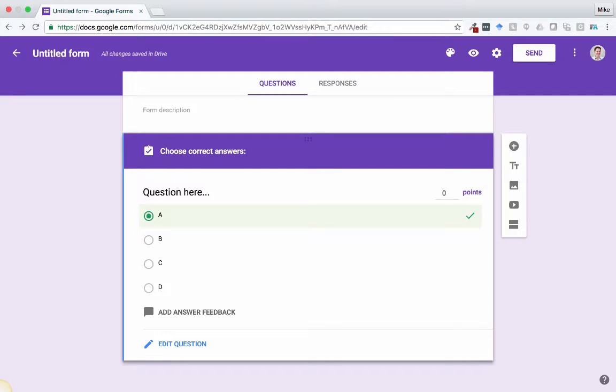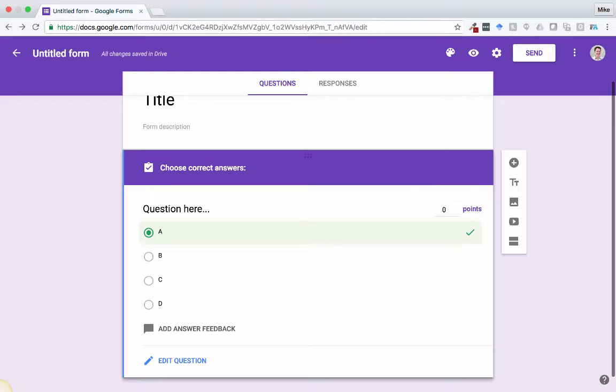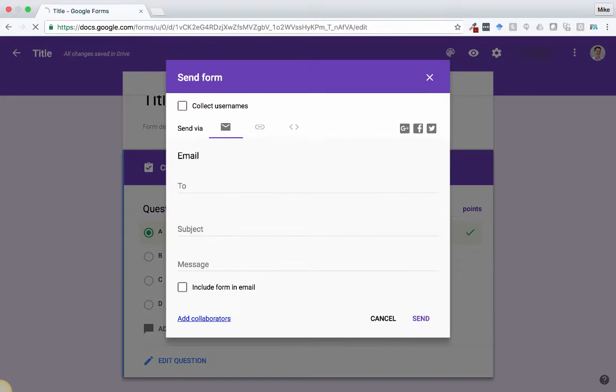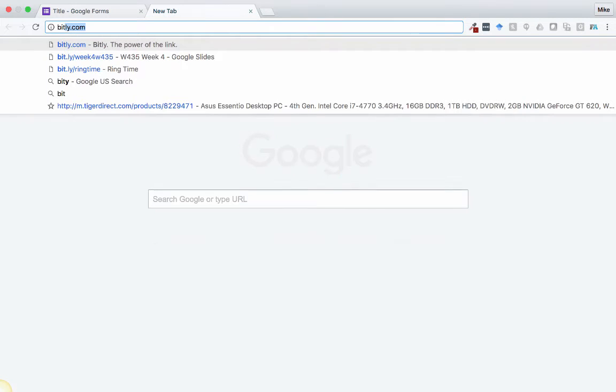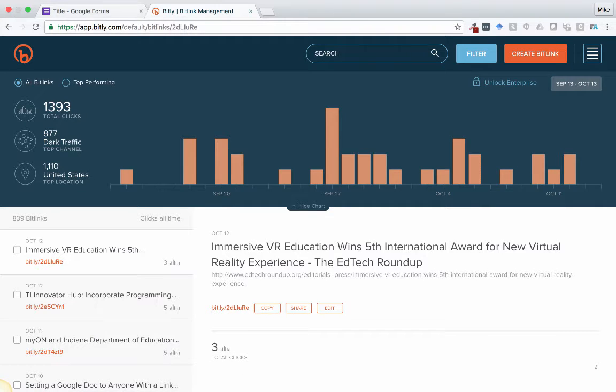After you've got everything built here, then you would want to give your form a title if you haven't already, and then hit send at the top right. And it will give you a link, which you can then use, a QR code might be the easiest way, or if you hit shorten URL, it'll give you a shorter link. But you can also use sites like Bitly. If you're not familiar with Bitly, it's really nice for creating even shorter links that can be great for typing in. So you would copy this over into Bitly, and it's a free resource,